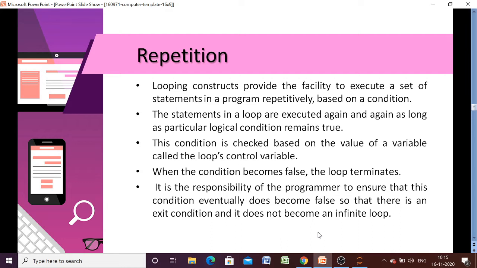Otherwise it will become an infinite loop. So there must be a terminating condition also. Repetition involves a condition: as long as the condition remains true, the set of statements is executed, and as soon as the condition becomes false, the loop will terminate.